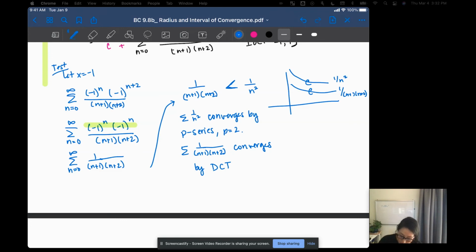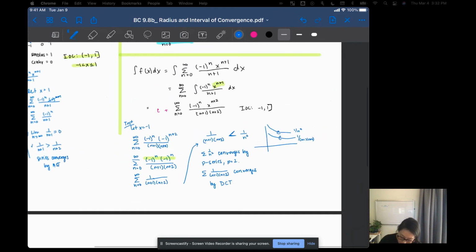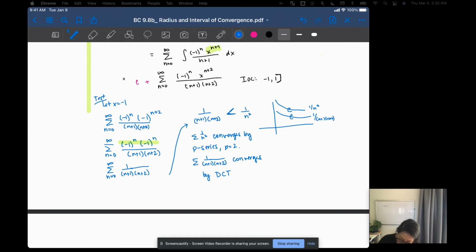Okay. So that means that this endpoint at -1 converges, so it gets a hard bracket. All right. I think that's enough. So, yeah,